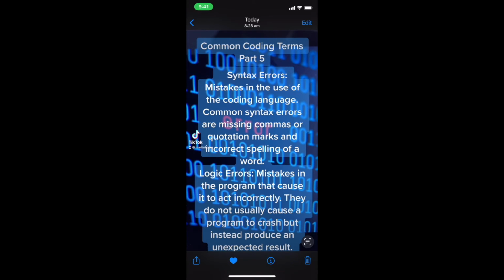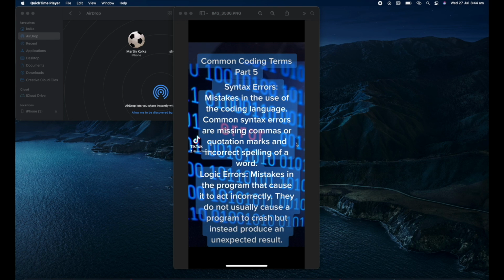But what about if you have a file on your iPhone that you want to send to Mac? Well, again, very straightforward, particularly now that we have set things up. So the first thing that you'll need to do is head over to your iPhone. So I have an image here that I want to send. So I simply click on the share icon in the bottom left, and then I hit Martin's MacBook Pro because I know that's the device I want to send to. I'll get another pop-up on my Mac, and then I'll have that photo on my device. This is the image from my iPhone,